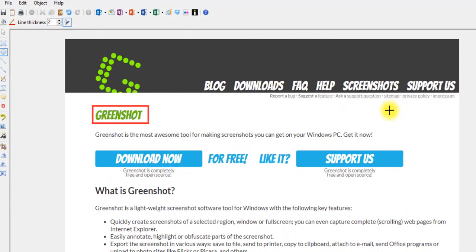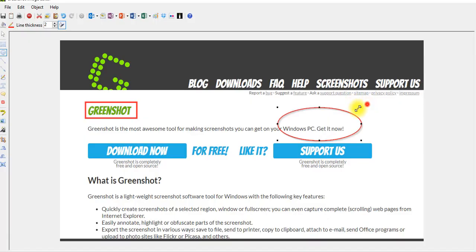Now by default it draws an ellipse like this, which you can as well draw to bring it out to the size that you want, or to cover the particular area that you want to highlight like this. Now you can see that it will use the default setting I used on the last one I made. So it also has the drop shadow on it. So that is for circle. Now if you want to draw a complete